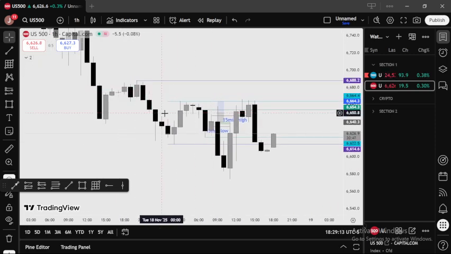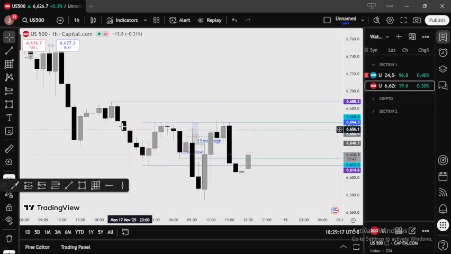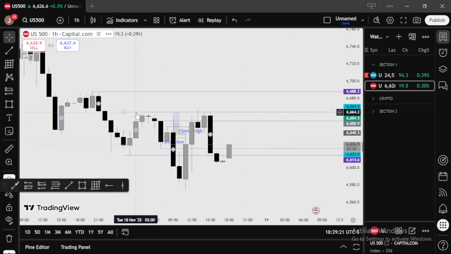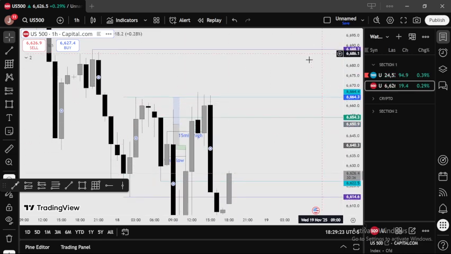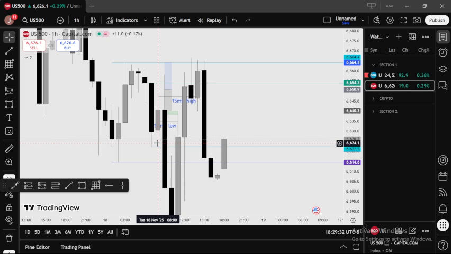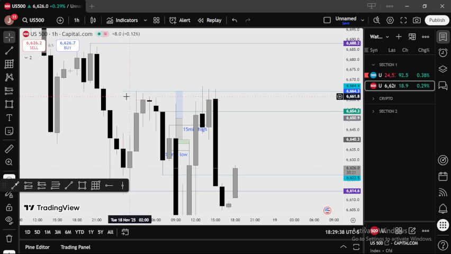Previous day Asian session high, previous day Asian session low, actually the same session low. And then we had London session highs, which were also the hourly highs, and London session lows, which were also the hourly lows. So basically, we're just going to finish over here. We're not here yet. With all of that being said, I was very much bearish.